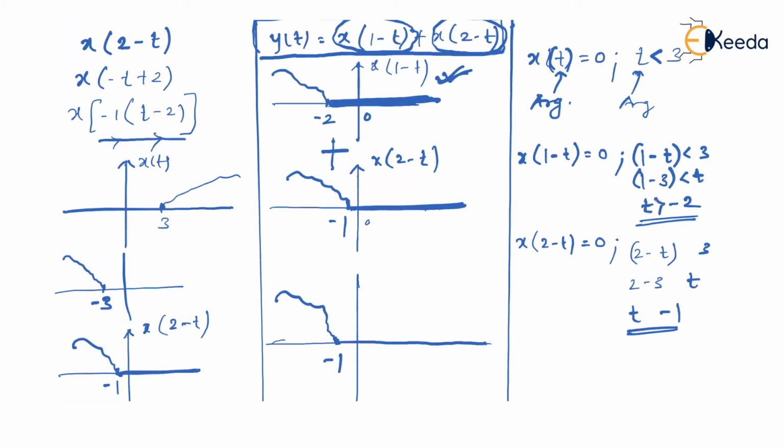What does that mean? t greater than minus 2 here. Similarly, I'll be using the lesser than symbol. It means t greater than minus 1. So as you can see, like we have already derived, x of 2 minus t was 0 after t equal to minus 1 or t greater than minus 1. So of course, when I'm going to add these two signals, the resultant signal will be definitely equal to 0, which is again y of t for t greater than minus 1. Is that right? So this is the same answer that we have got from the previous method also.